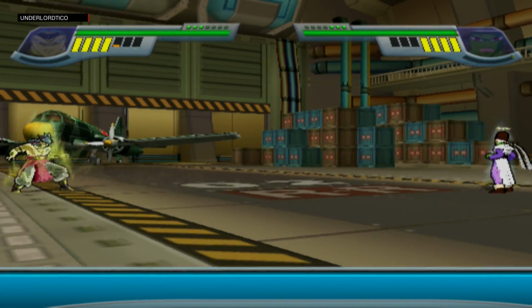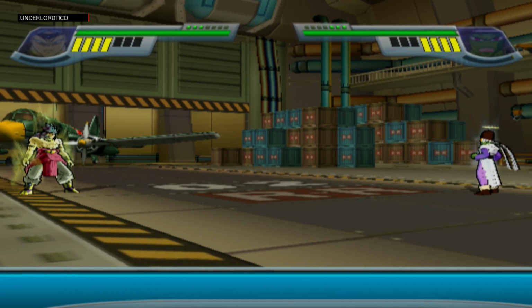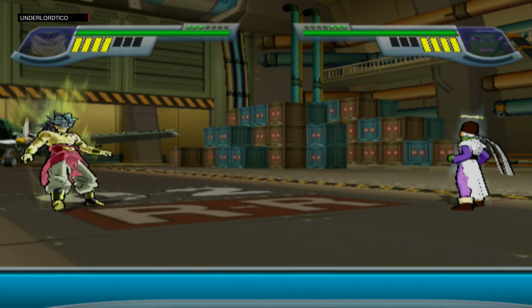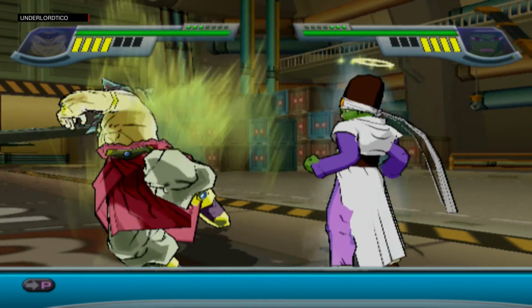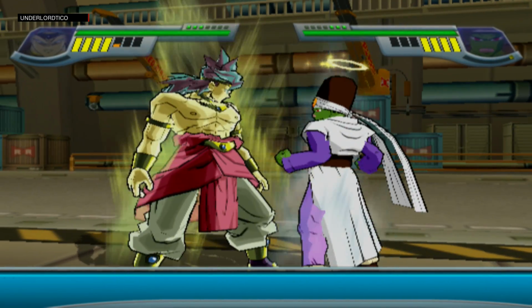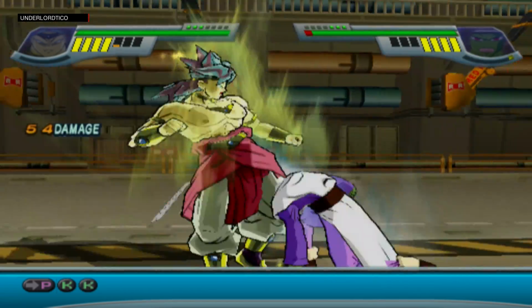Now this is a cancel that most characters that are Saiyans in these games share. The forward square, triangle, triangle. Goku has it, Goten has it, Goku GT has it, Vegeta has it. So this is a cancel that, when it comes to this specific untransformed Broly, the regular Super Saiyan Broly,